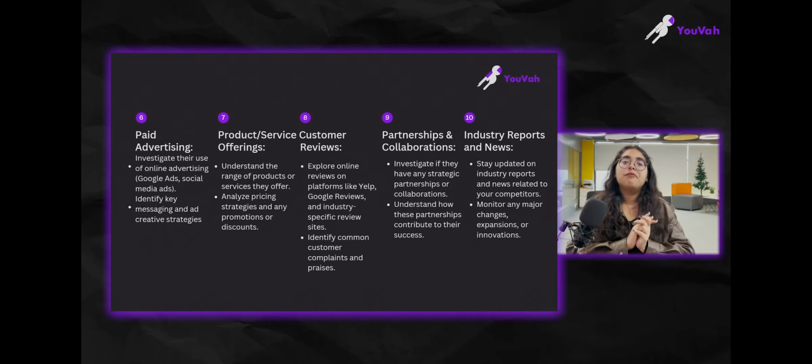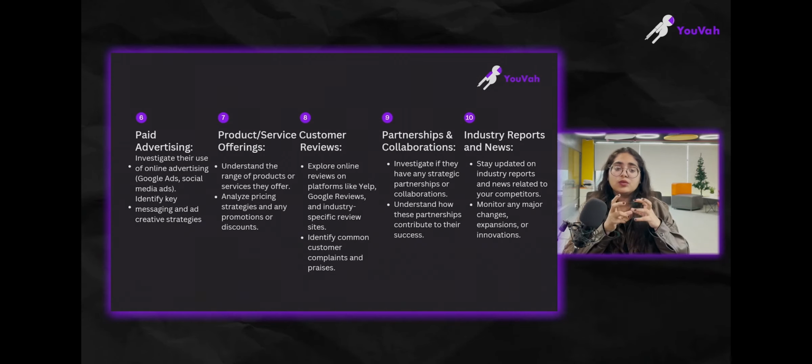So moving ahead, apart from that, you will be looking at other sectors as well, which is paid advertisements. Whenever they are running an advertisement, how exactly are they running it? Are they solely focused on Facebook? Or are they just using Instagram for advertisement? Or are they promoting themselves on multiple platforms? With Facebook, for instance, you're able to figure out which advertisements they're running and the details of them as well.